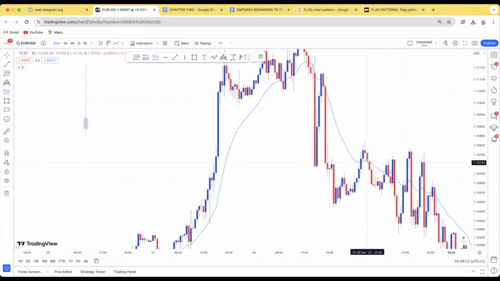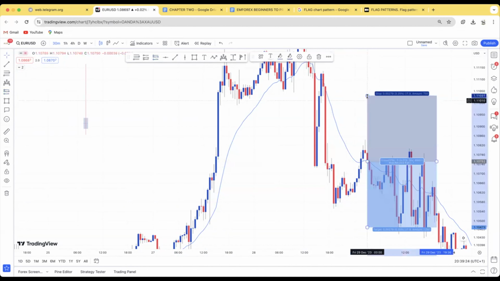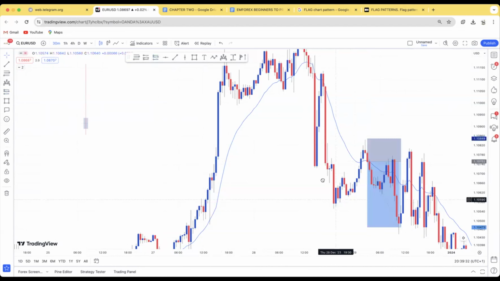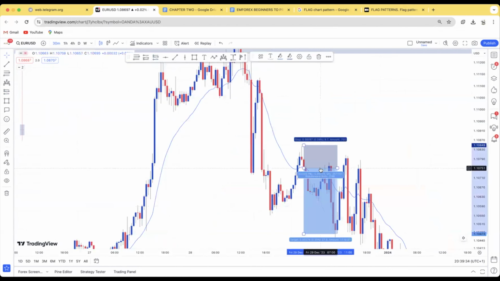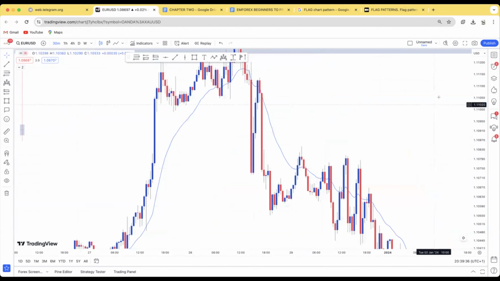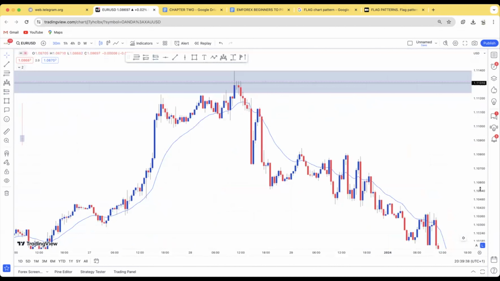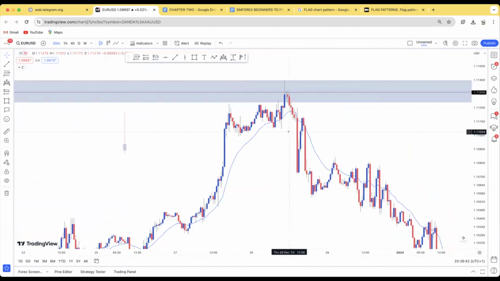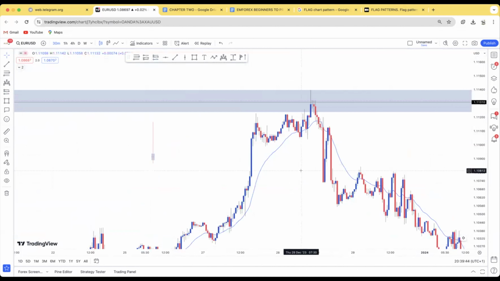So this is a better entry for me compared to this and this. If I combine it with this, I have my stop loss below here, and then I target a 1:2, so I have my take profit at this level here. So these are confirmations. That's why they don't just work on their own. Trust me, they don't just work on their own. When you see them in confluence with